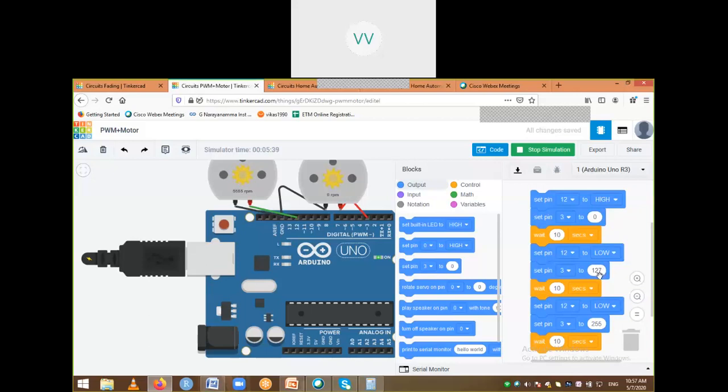During that time you have observed we had this motor running at 26-something value. Okay, now also it's running at half speed, you can see. Then I waited for 10 seconds. Then I am doing this: set 12th pin low. That means the second motor still is low. Then first motor I am making high with high speed, waiting for 10 seconds. Again this complete loop will be repeating. That's what I am doing here. Okay. So I hope there is no difficulty in this particular case.